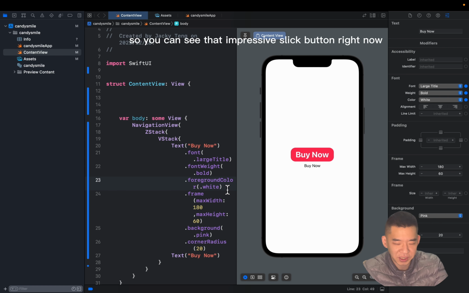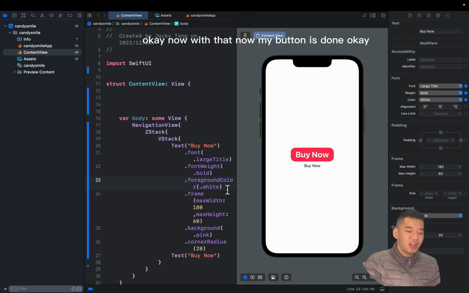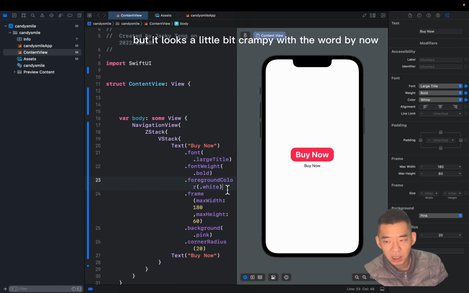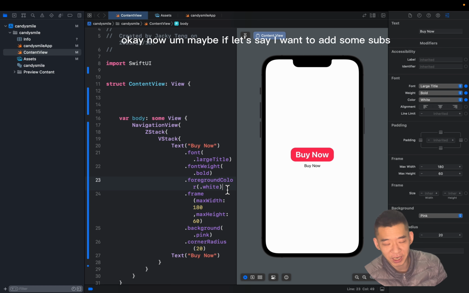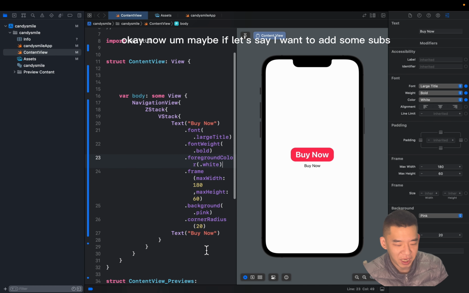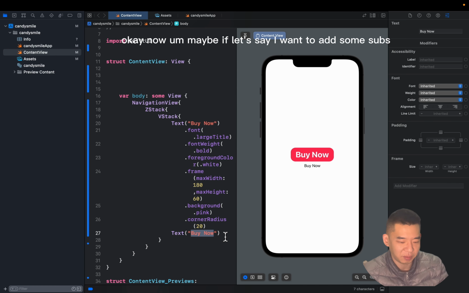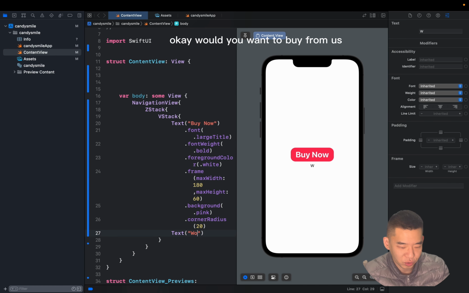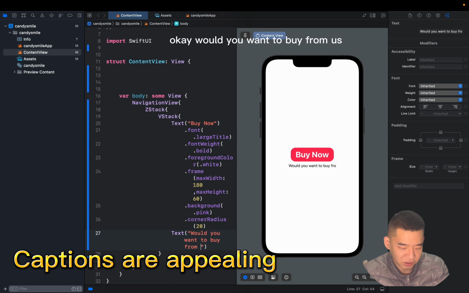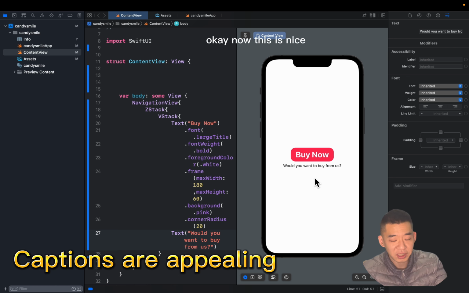So you can see that impressive, slick button right now. Okay? Now my button is done, but it looks a little bit cramped with the words "Buy Now". Maybe, let's say, I want to add some subtitle: "Would you want to buy from us?" Okay, now this is nice,